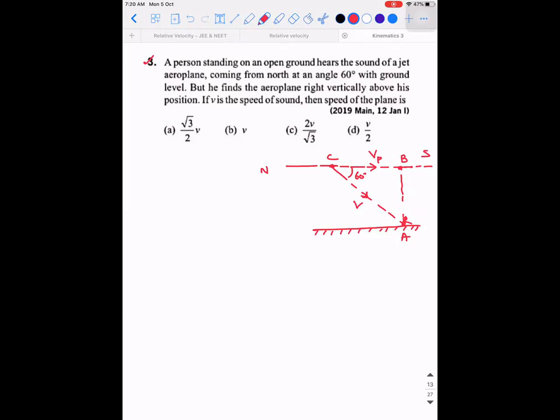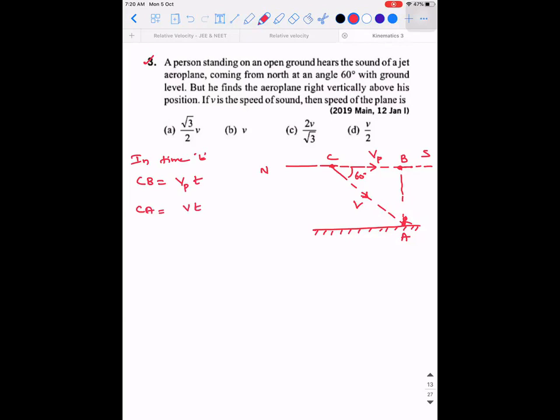So how to solve this, guys? Yes, it's simple trigonometry. That's it. If you observe, sound is reaching his ear at time t, and he is able to see the plane at point B also at time t, right? So can I say in time t, CB is equal to how much? Can I write it as Vp into t? Similarly, CA will be equal to V into t, accepted.